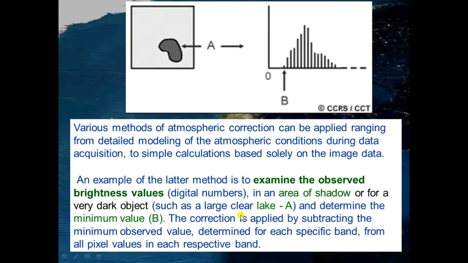The correction is applied by subtracting the minimum observed value determined for each specific band from all pixel values in each respective band. So we identify the minimum value and subtract it from the picture brightness values, and we get the actual value of those pixels.